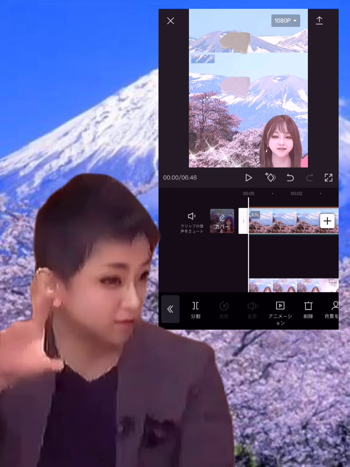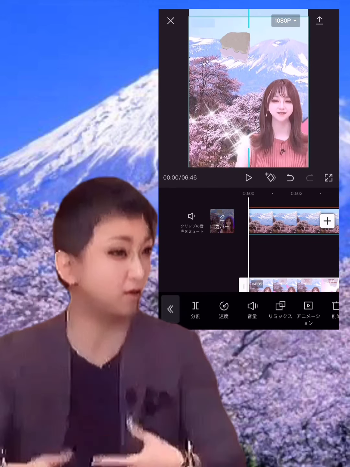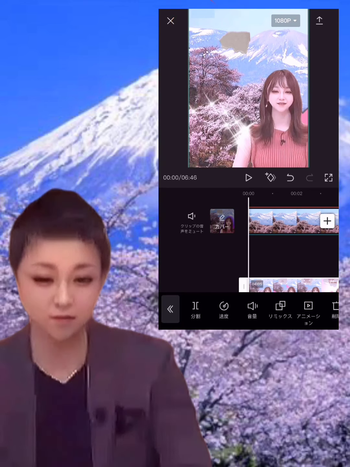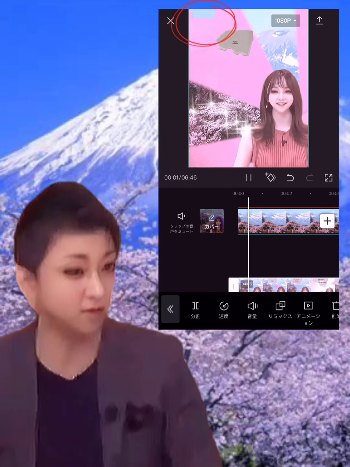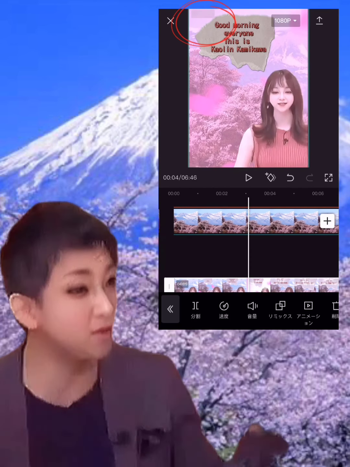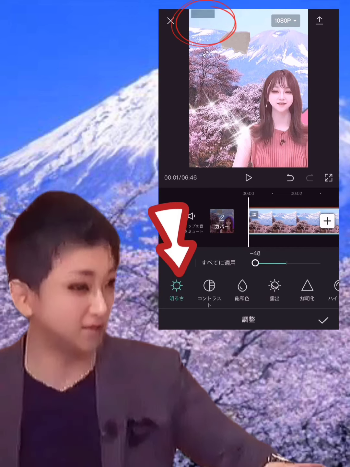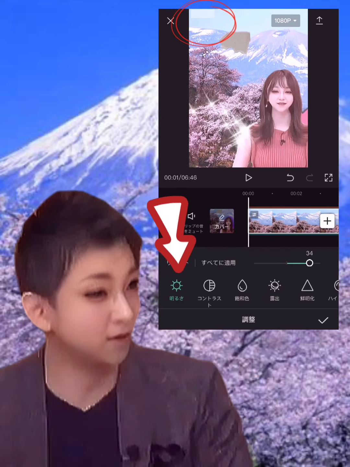Two. When the color of the watermark has changed. In this case, if it is left as it is, the color will change and the boundary will be visible. Divide the video only where that part becomes clear. Use the adjustment function to change the color and brightness. You can also slightly reduce the transparency of the mask area to obscure the boundaries.